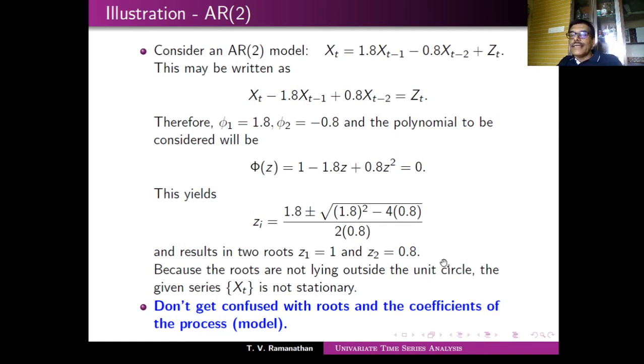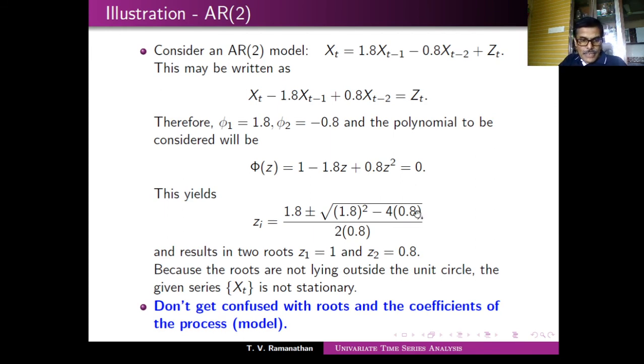Now remember that when you do this kind of an exercise, there may be a square root of a minus sign. That square root of a minus sign doesn't mean that the roots are greater than 1 or less than 1. That simply says that you have a complex root. We have to compute the absolute. What is meant by absolute of a complex number? If a plus ib is a complex number, the absolute of that is square root of a square plus b square. So don't get confused. If you get a complex root, that doesn't mean that the series is non-stationary. You have to compute the absolute value of that and show that this root lies outside the unit circle.